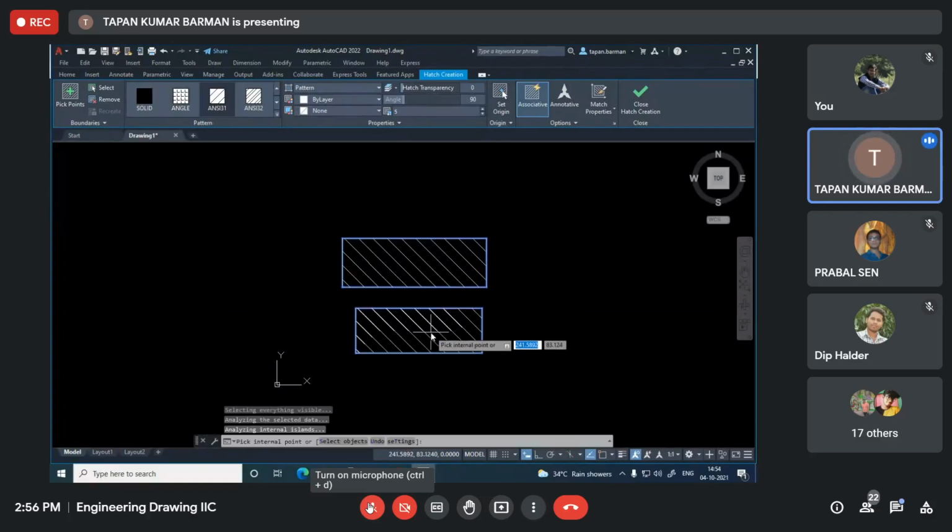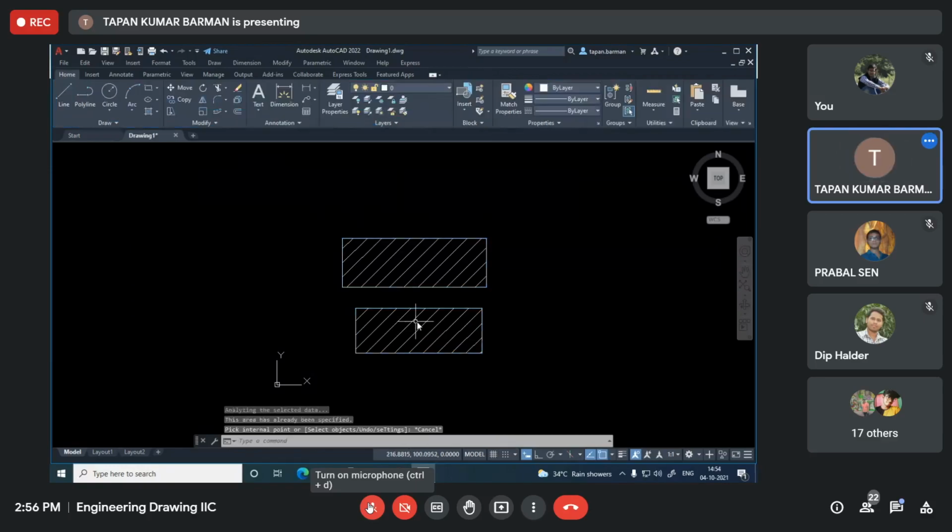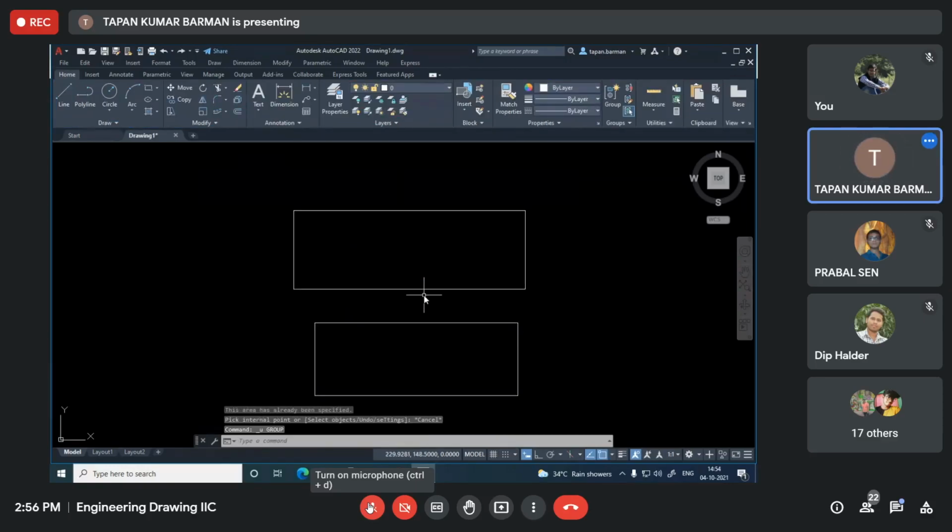Now here also you see I have another. See here also I can put the hatch pattern. If I select this in one go, both things will be changed. So one by one, I should do it.